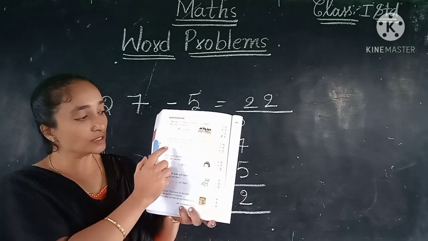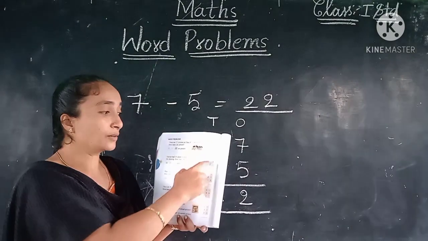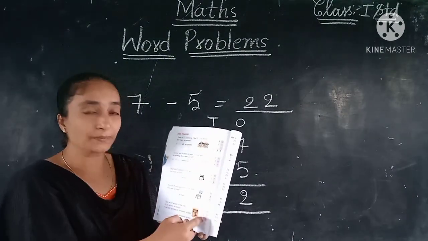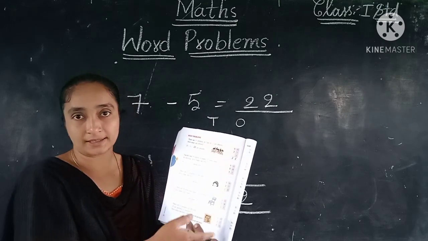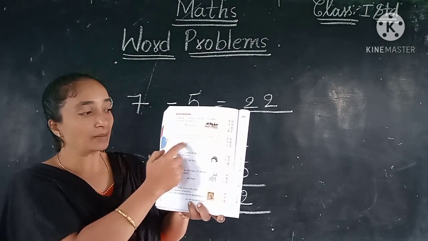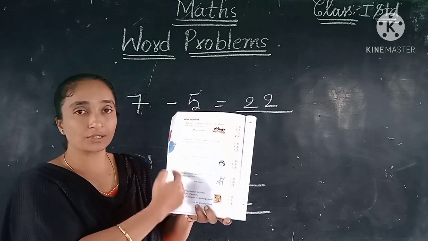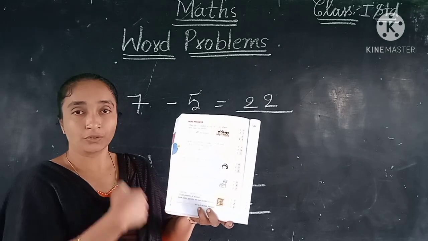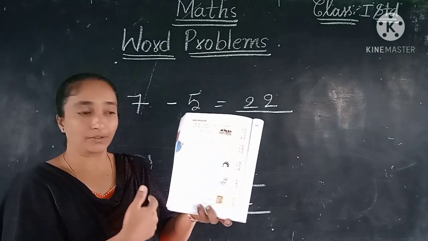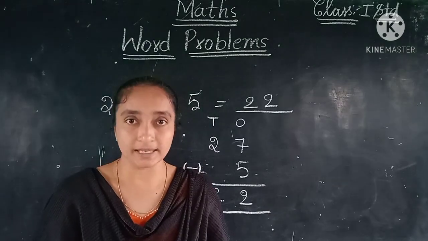So what we have to do, children, is write the numbers like this. And the vertical form is already given there. So we can do the calculation there itself and note down the answer here in the textbook itself. But here in the blanks, children, you have to write the numbers. So whatever they have given in the question, the same thing you have to write down there. What is the first number and what is the second number they have given. Okay children? So like this you can do. Now let us see the second example, children.